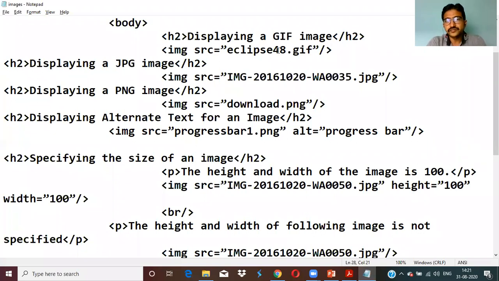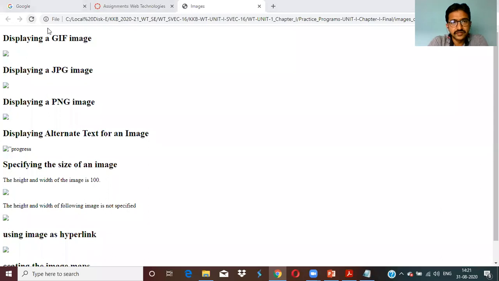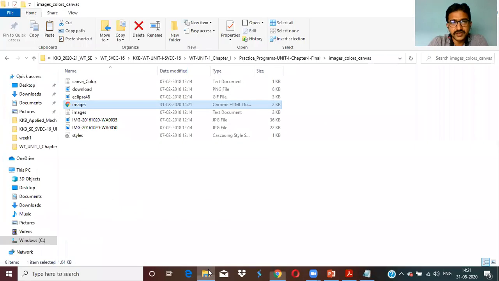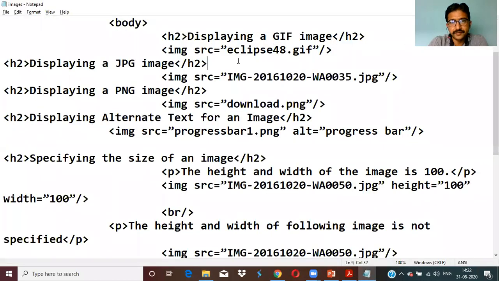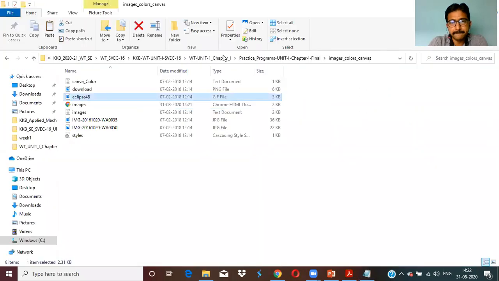The src paths are there. Okay, no issue.